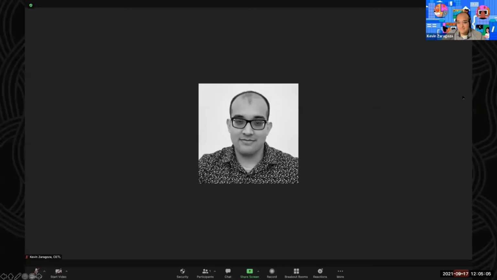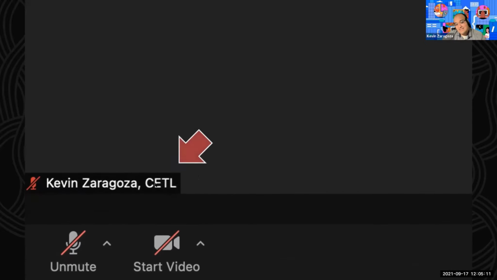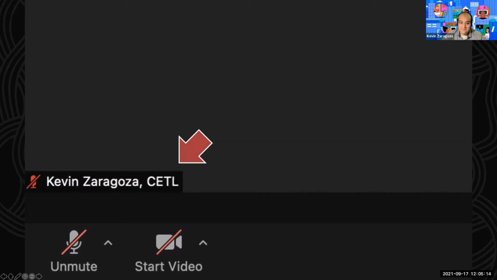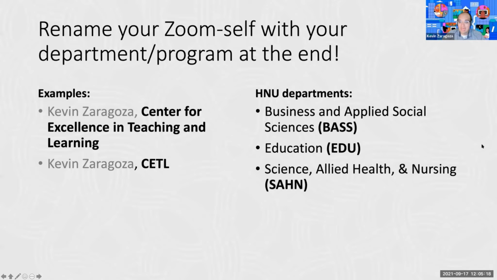Okay, so if I go forward, notice that in the bottom left here in the Zoom, I don't see my program name right after me. In order to get this at the end of the name, if you don't have it already, there's a little button up at the top with participants, and you can change it to any one of these forms right here. Because I work with the Center for Teaching and Learning, I've used the acronym CETL. Feel free to use your very own. But if you don't see it, as I just mentioned,